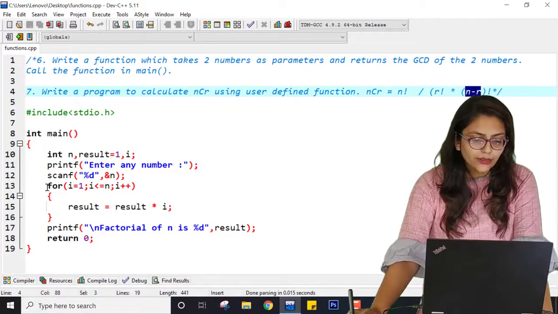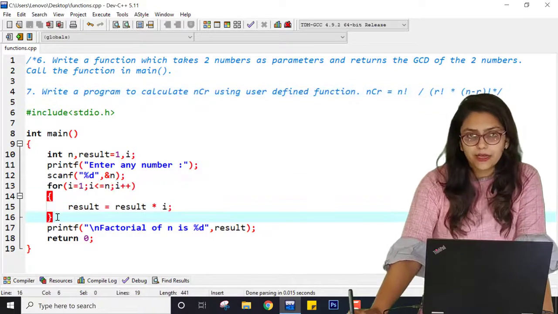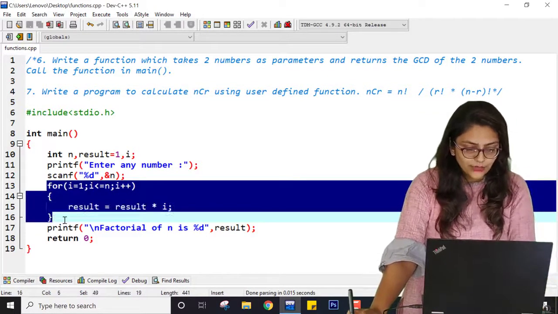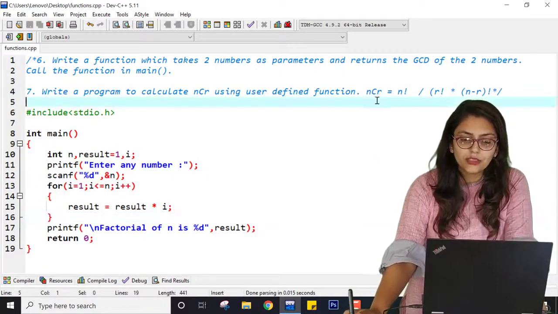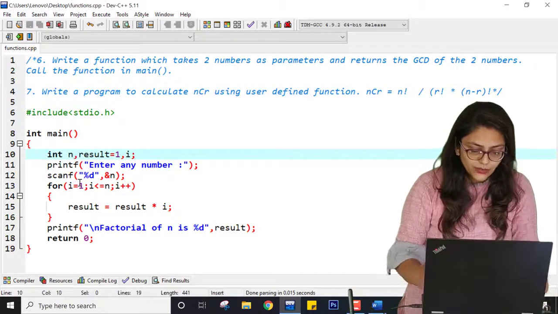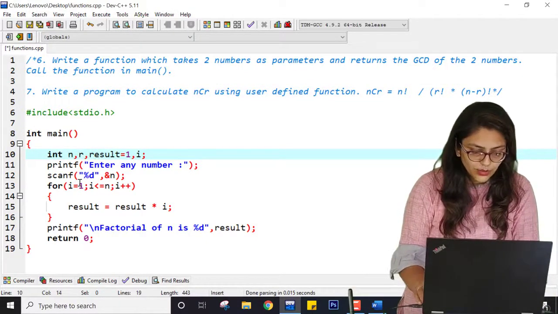So you have to write the similar code 3 times, right? So if I want to run this program without using function, here it will be r.